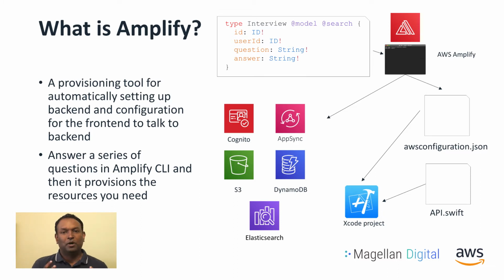About 2 years ago, it was called Mobile Hub. Before, we used Amplify to build our app or start our journey. Amplify is a tool that automates the creation of backend resources and some of the front-end resources you need to talk to the backend. We use a command line interface which asks a series of questions. You give answers, for example, whether you want authentication, whether you want storage, what type of database you want. You answer those questions and it will create a package which will provision all the backend resources for you. Great. Obviously, it's a lot more complicated than that.